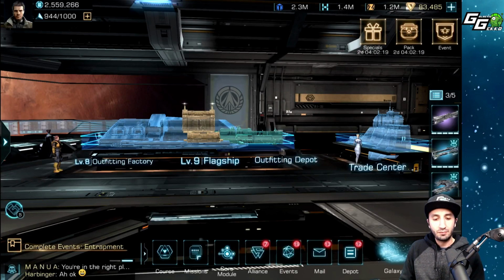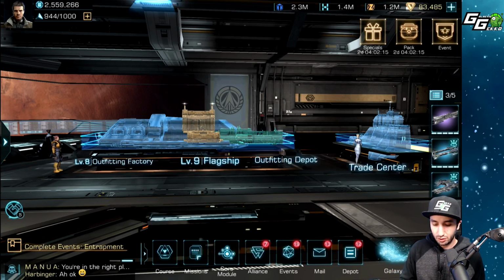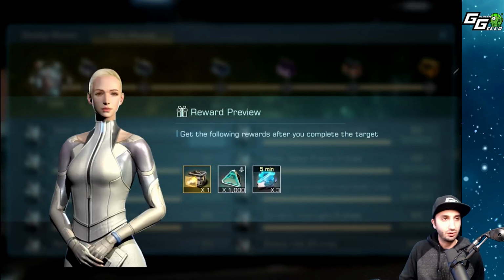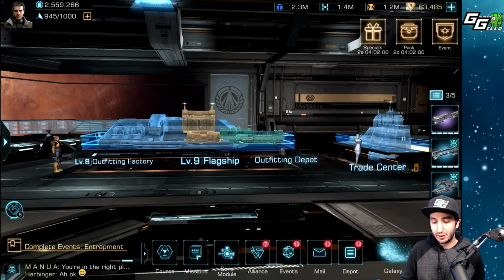The way you get flagships is by simply spending a little bit of money on special bundles, or if you're looking for the free-to-play way to do it, you get yourself the daily missions done every single day, which will give you one of these legendary secret prototype devices, which can give you potentially full flagships or blueprints of said